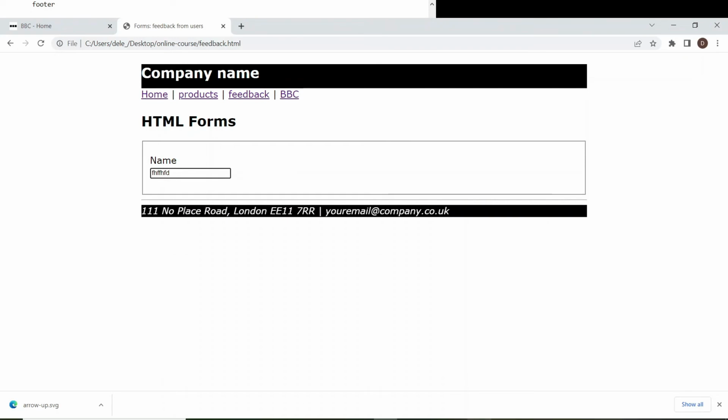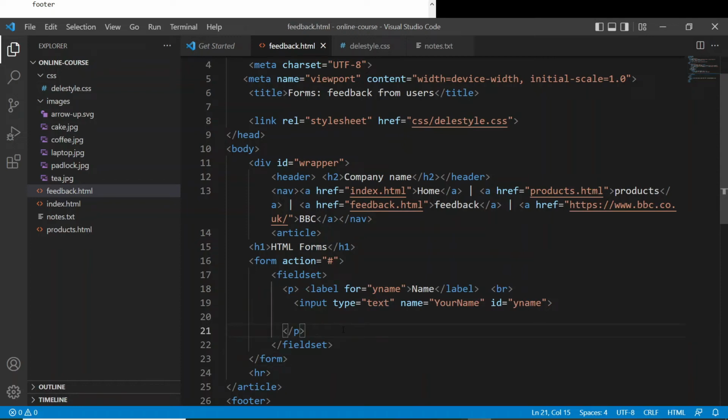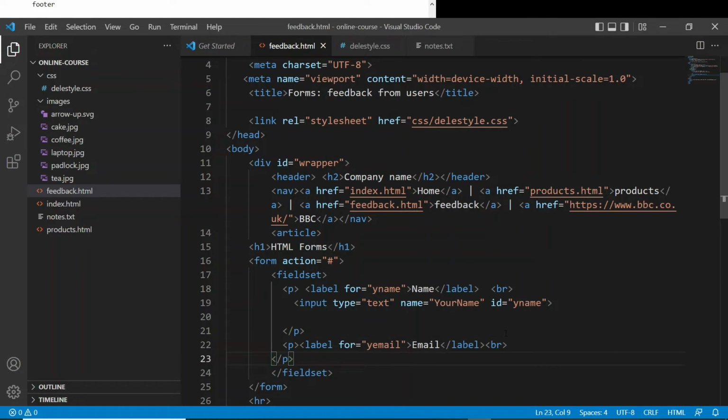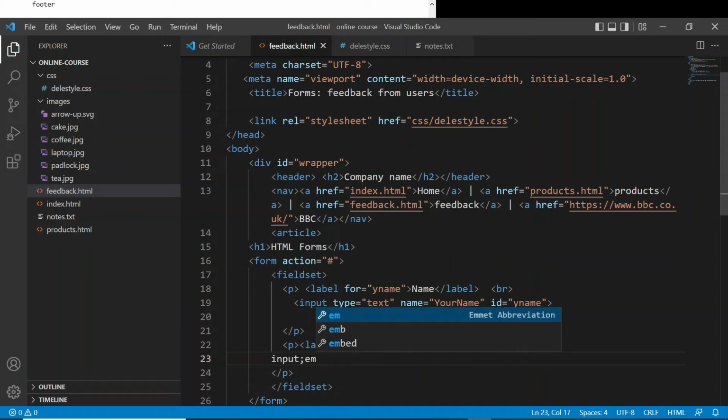Okay, so we've got their name. Let's add another box. So another P, another label, and we're going to use this one, y-email. That's the ID I'm going to give to that label. So here I'm going to ask for their email, and then I'm going to have a BR, and then I'm going to have an input,